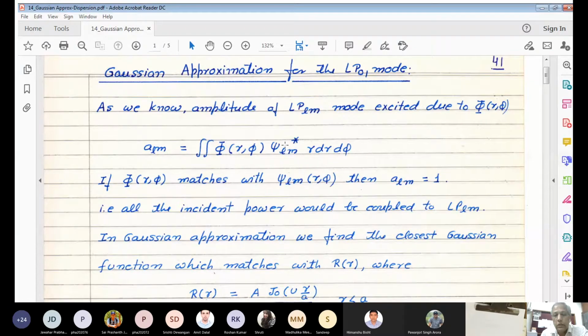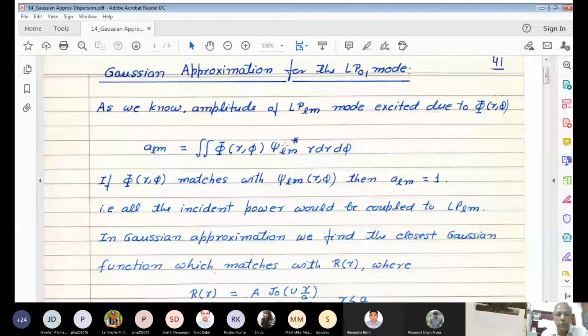So now, as I will discuss, we have fibers which support a large number of modes. They are known as multi-mode fibers or multi-mode waveguides. Then we have waveguides which support only the fundamental mode. We have single mode waveguides. And as you will see, single mode fibers are very, very important. The reason is, as I discussed earlier also, that if there are a large number of modes, then dispersion is quite large because different modes propagate with different group velocity.